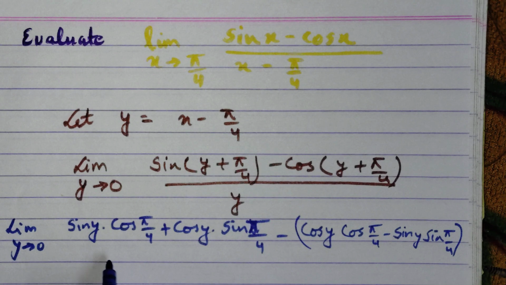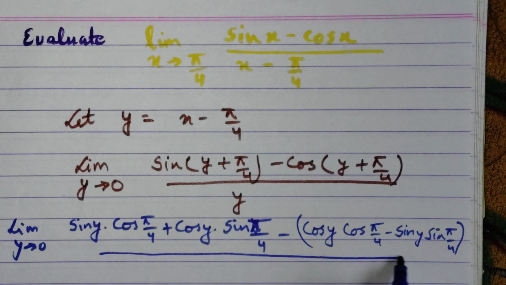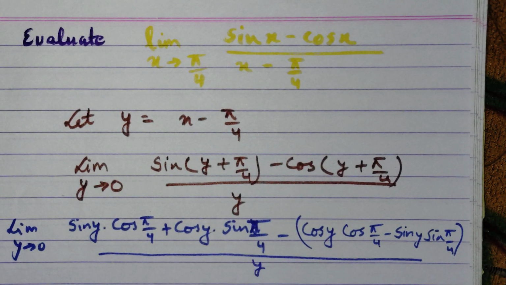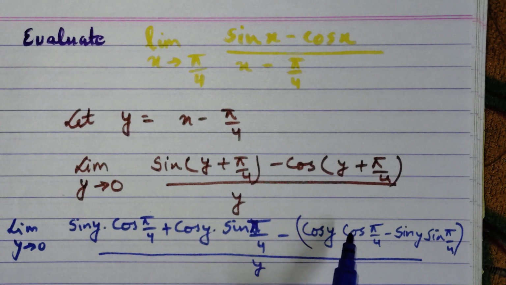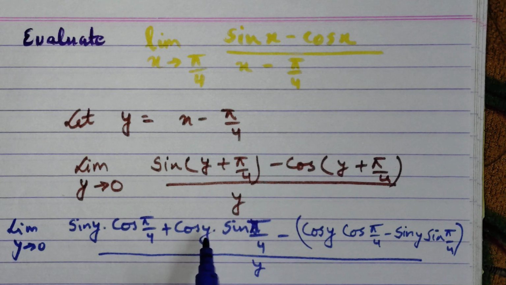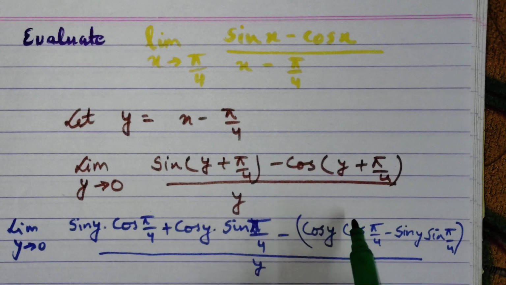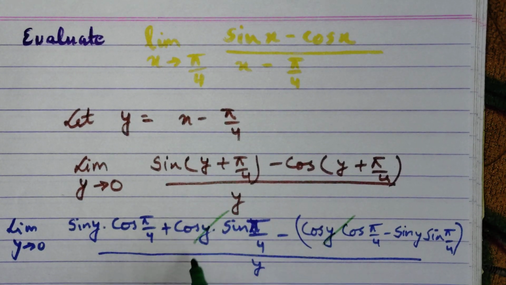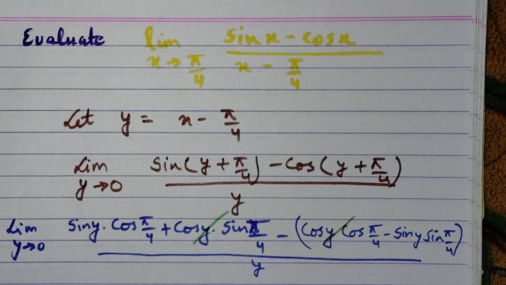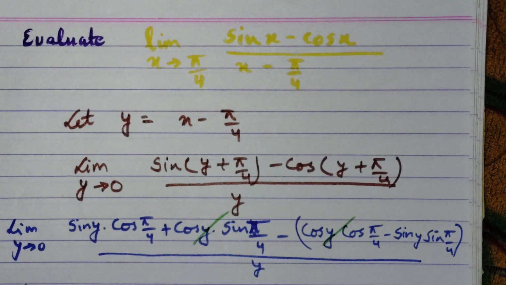So this identity over y. Now what happened? The cos pi by 4 and sin pi by 4 have the same value. Therefore this negative cos y and this positive cos y term will cancel out. So we cancel out this term. After opening the bracket, this becomes a negative term and this becomes a positive term, so they cancel. Next, the term left is limit